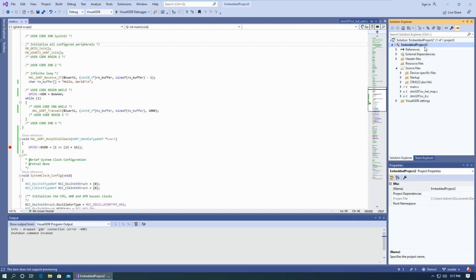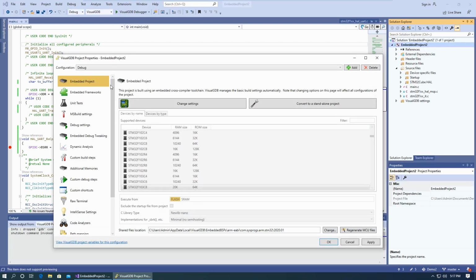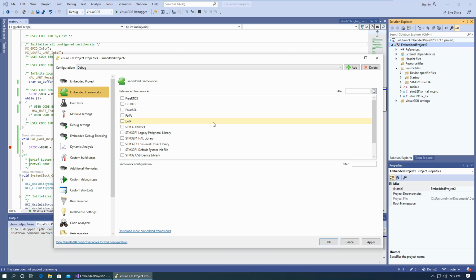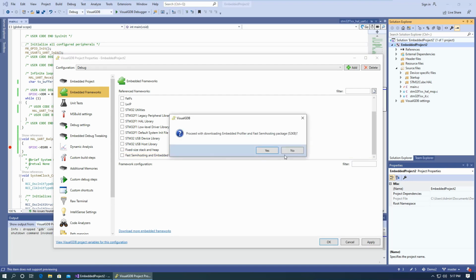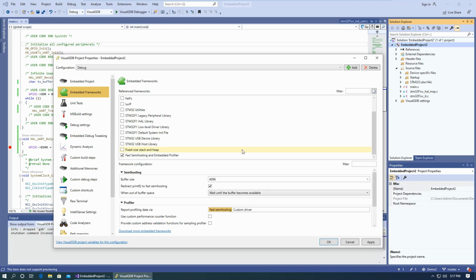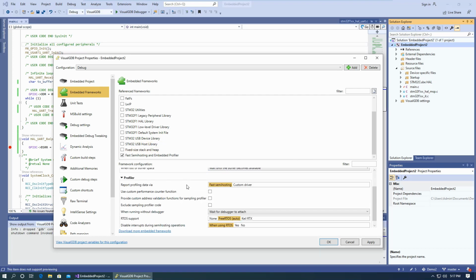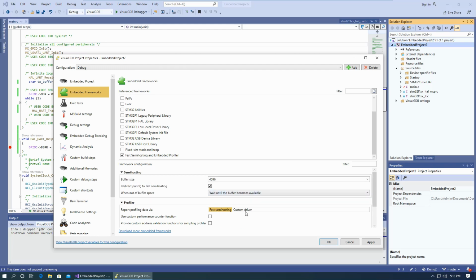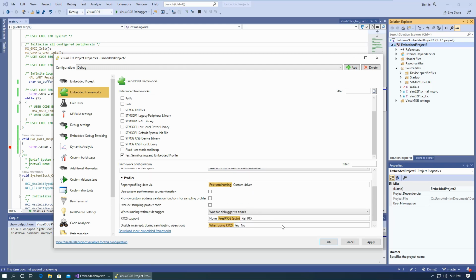So we're going to go up here to the VisualGDB project properties, and I'm going to go here to embedded frameworks, and we're going to go to the fast semi-hosting and embedded profiler. We're going to add this, and that's the reason we don't want to enable the full semi-hosting when we created the project. So we have this added,